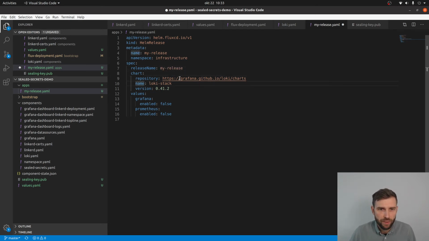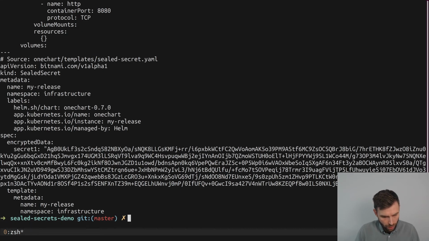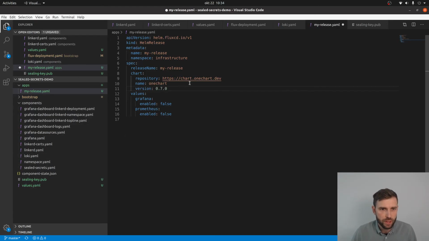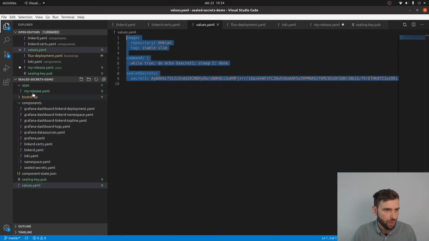Repository, I think it's chart.onechart.dev, and the name is OneChart. Cool. Version. Let me just run helm show chart OneChart/OneChart 0.70. So I'm referencing this exact version, and I'm just stealing my values from this file, which is not